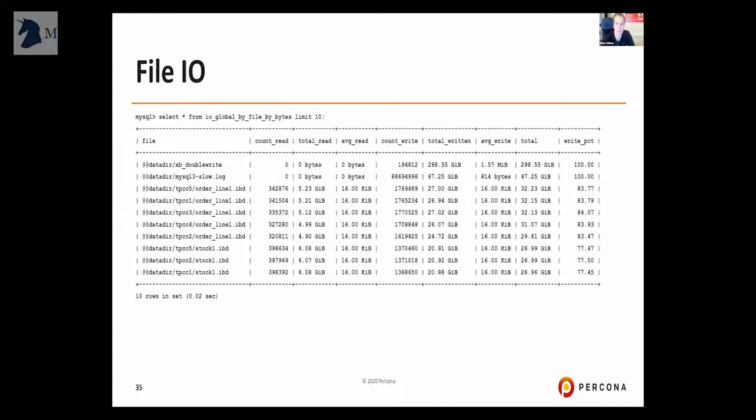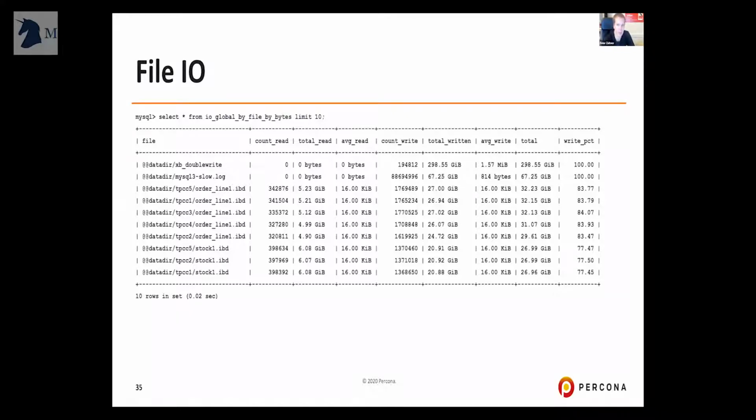Another interesting thing you can find in this performance schema is file IO, right? You can see in this case, if I take a look at the table, I can see for each of the files, which roughly correspond to the tables in my case, because I'm using InnoDB file per table and don't use partitioning, I can see number of reads, number of writes, the average write size. I can see where I'm getting more reads and writes, which can be very helpful to understand the IO pattern